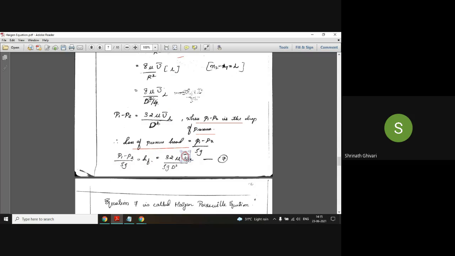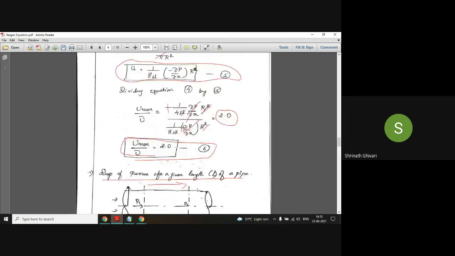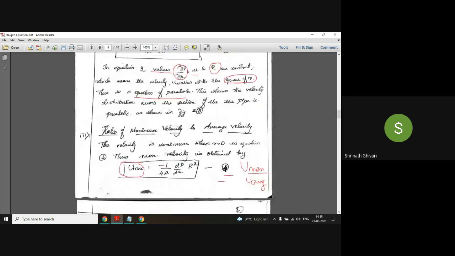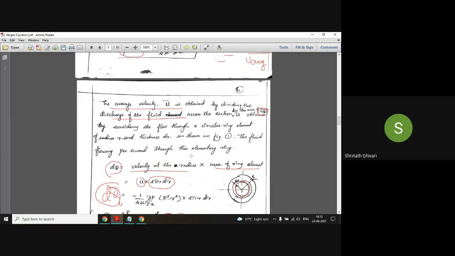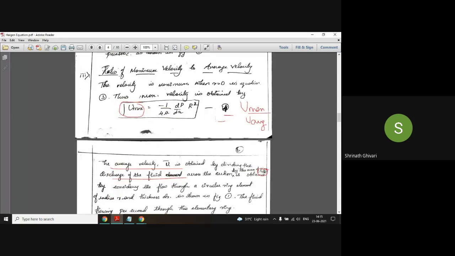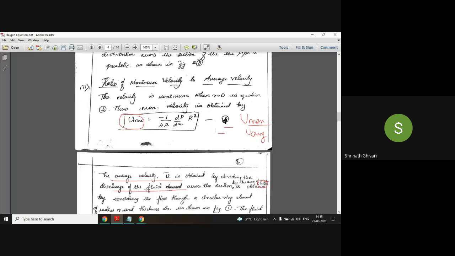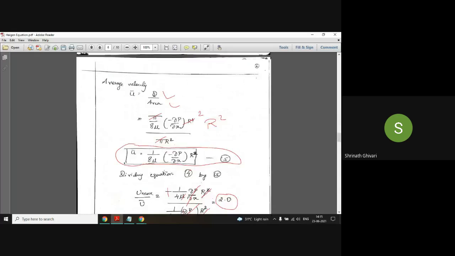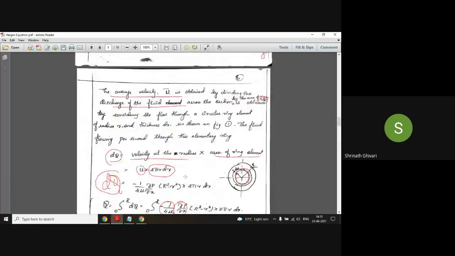At this end, they may ask you to derive the Hagen-Poiseuille equation, so you have to derive it till this point. Or they may tell you to derive the shear stress distribution and the velocity distribution, so you have to derive till that point. They may ask you to prove that the ratio of average velocity to maximum velocity is 0.5 in a circular pipe, so you have to derive everything till this, then go for this one. Or they may completely ask you to derive the Hagen-Poiseuille equation. This derivation is a bit lengthy, so it requires more practice. Please practice it.